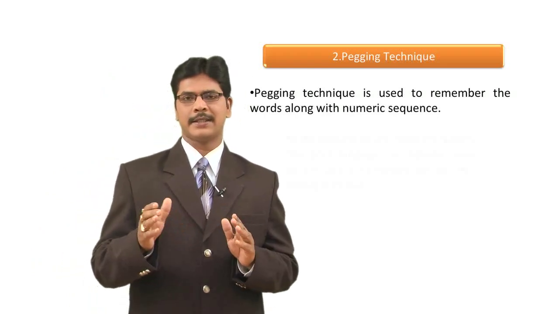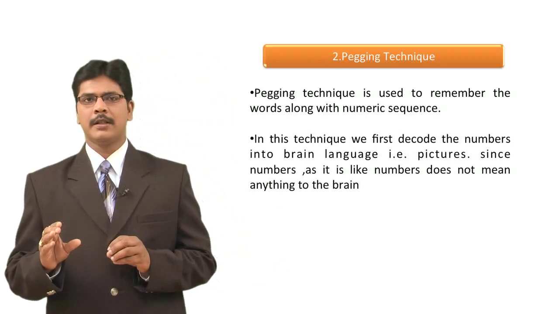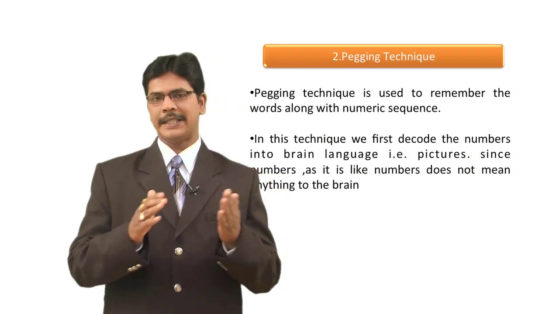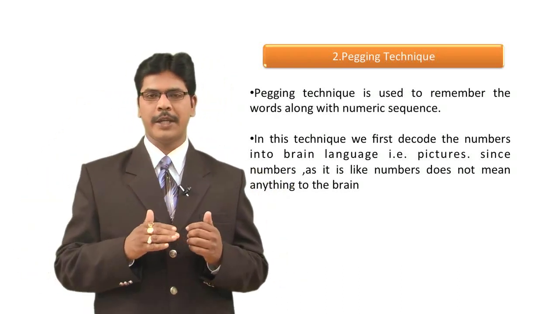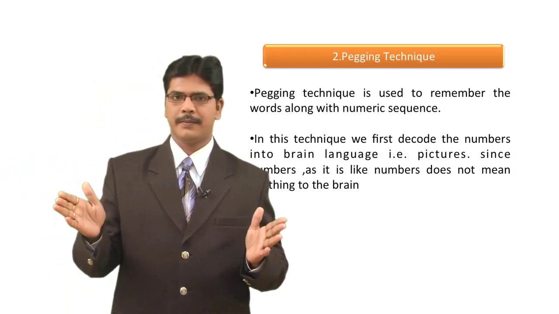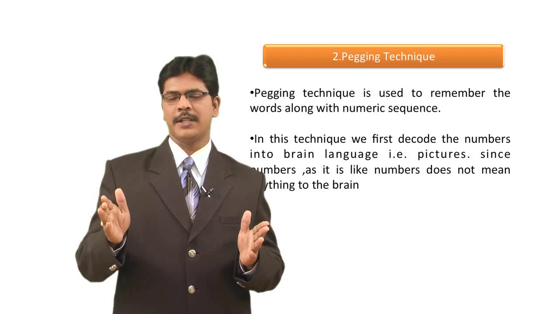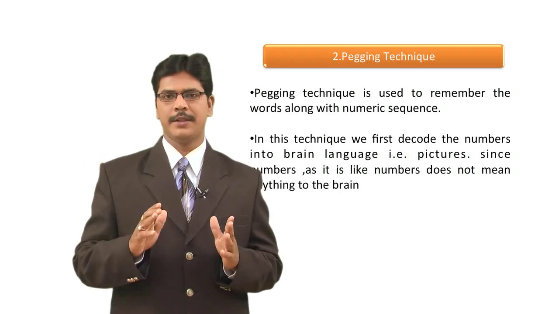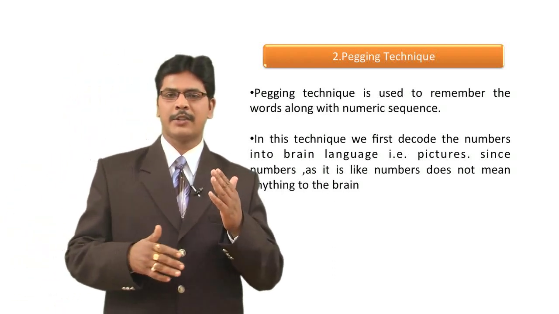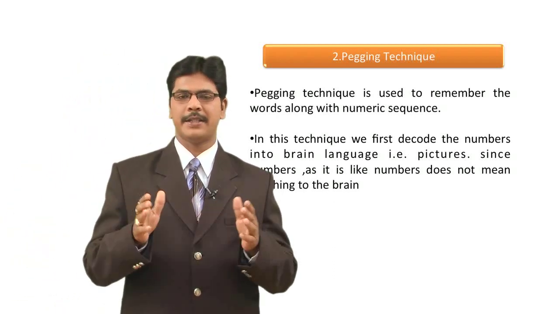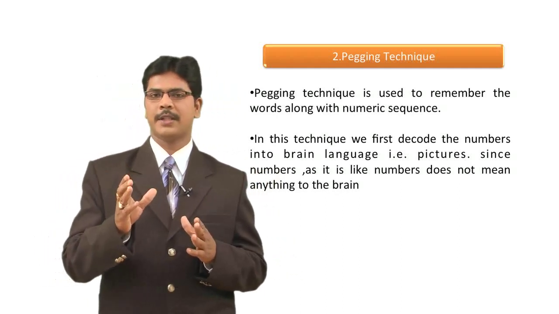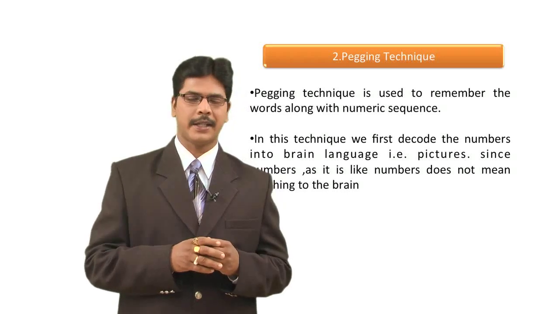So what exactly is this Nyasa, or the pegging system? See, basically the numbers, the basic numbers, are 0 to 9. You all know that, okay? Based on the numbers from 0 to 9, we can form any number, right? And all the literature is based on vowels and consonants, right? They took all this into consideration and then developed this Nyasa, or the pegging technique. Initially we have to get acquainted with certain rules for this technique.